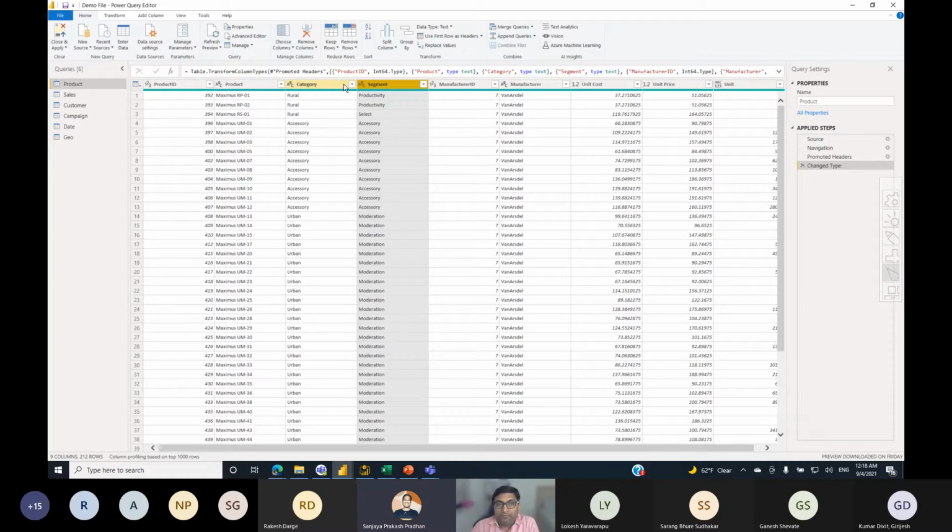And if I need to create a drop-down on this and I have 1 million rows, it will take time to load the drop-down and results as well. So what I'm going to do is create a separate dimension table for category and segment together and remove these columns here.